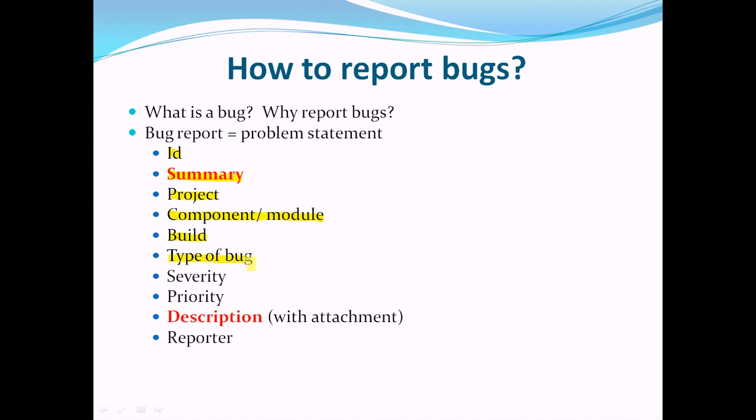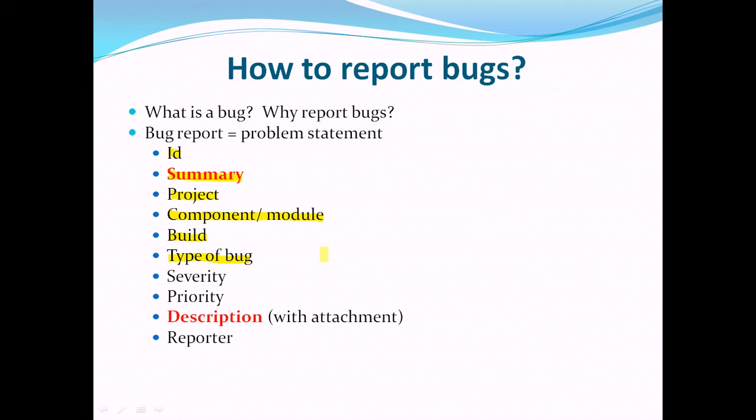Another data that you should provide is the type of the bug. Now some bugs are related to functionality, so you give some input, you expect certain operations to happen, but those operations are not happening. So that is an example of a functional bug. There can be non-functional bugs also. There can be bugs related to the performance of the system. So that is a performance bug. If you are loading the application page and it takes a lot of time, or times out, or performs operations very slowly, so those can be performance bugs.